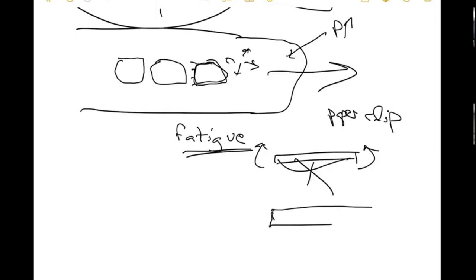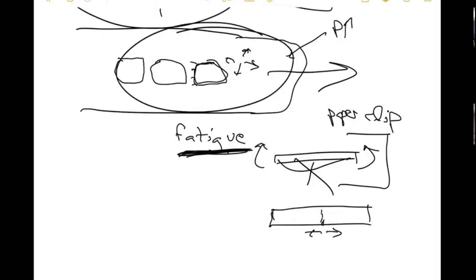Every time you flex it, you get tension down here, but it's not enough to break the material. Every time you flex it, you have a tiny crack there, and every time you flex it, it grows by a small distance. So if you have enough cycles, eventually the crack reaches a point where it's so big that it has weakened the structure to the point that the next time you load it, it breaks. We call this fatigue, and that's typically what would happen in these aircraft. They would be flying for a while, and a year later they went on a flight and suddenly the thing broke.